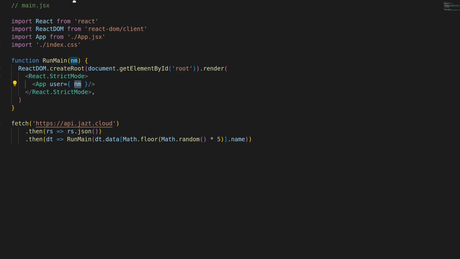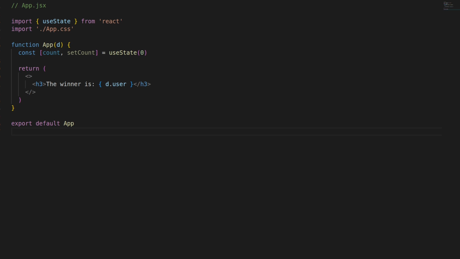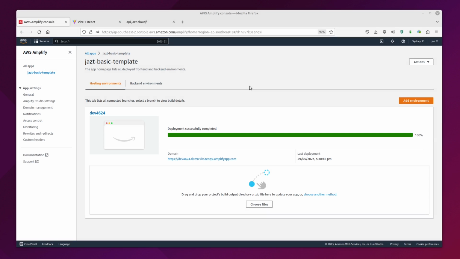If we go across to the other JSX file called App.jsx, we can actually see the function component there with the ID as the props object, and the user attribute will be rendered with "The winner is" and then the name. So I've already zipped the contents of the dist folder, so we can go back into AWS Amplify